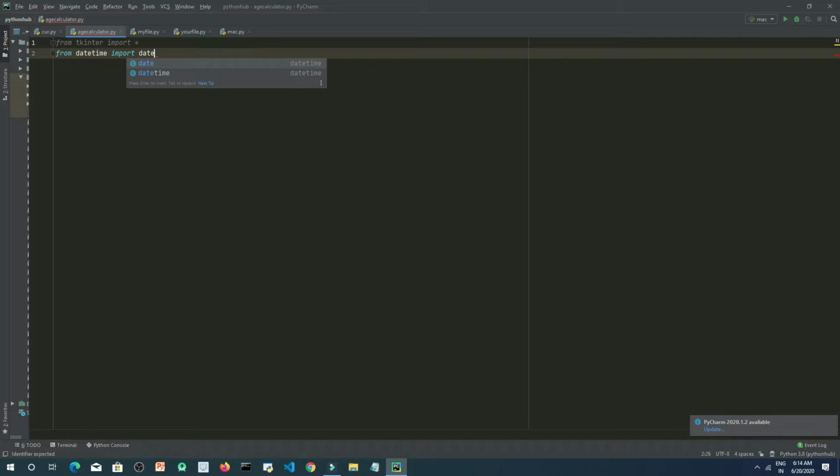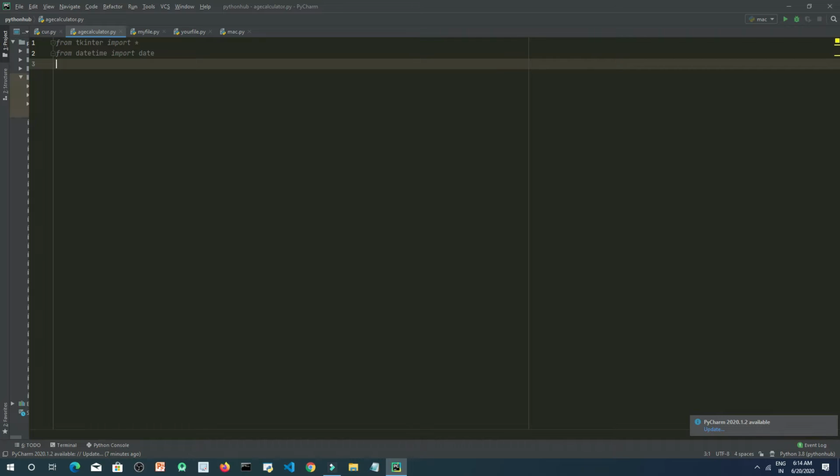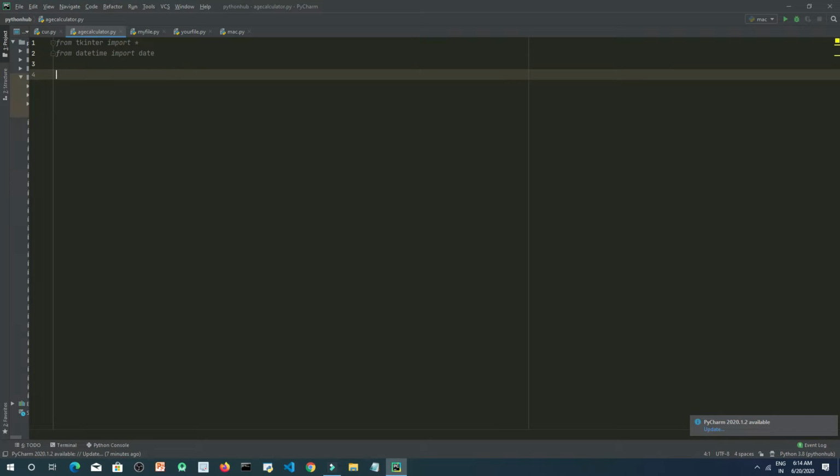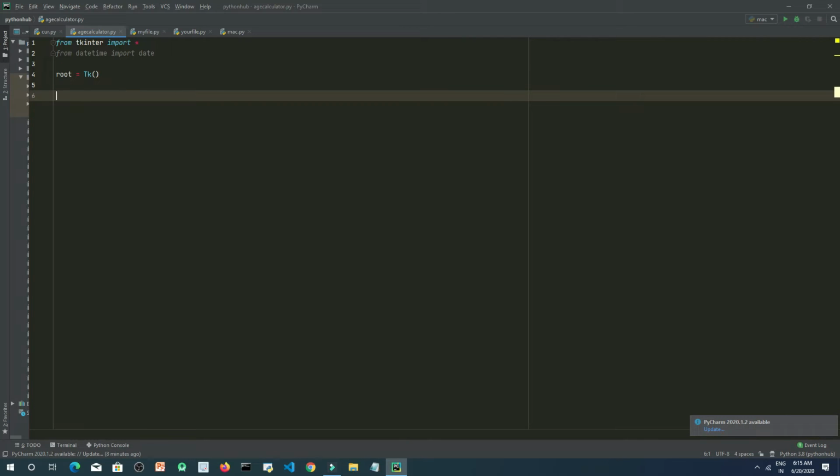Okay, so now let's initialize Tkinter using the root variable. Okay, so now we have initialized it. Now let's run it and see how it works.